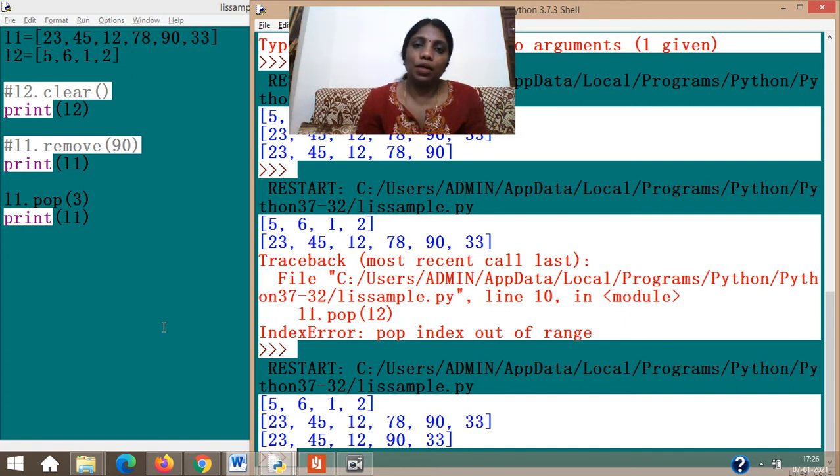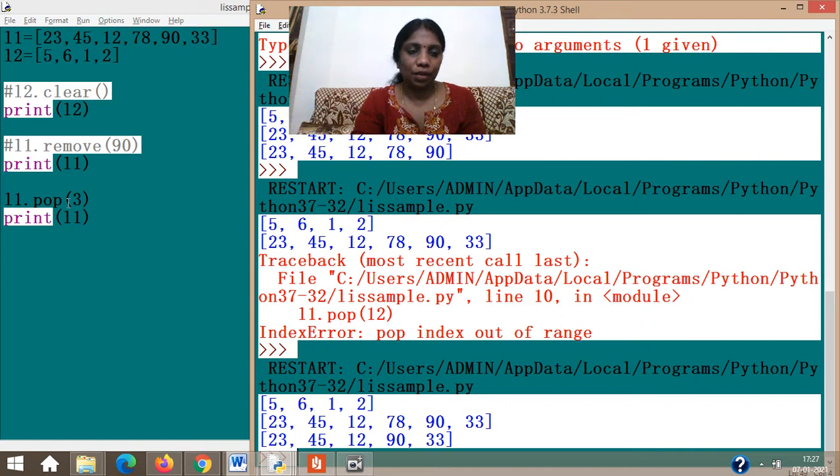So how many functions are under the clearing or deleting section? You have clear, which takes no argument, clears the entire list, and an empty list remains. Remove removes that particular value given in the list. If the value is not there in the list and you still give it, an error will come. It takes only one argument. Pop may or may not take an argument. If no argument is given, it automatically deletes the last value, from the last location. If anything has to be given as an argument, that should be an index, not the value.